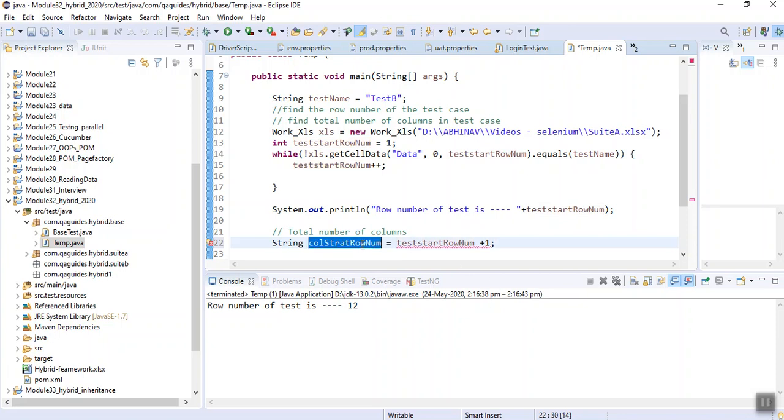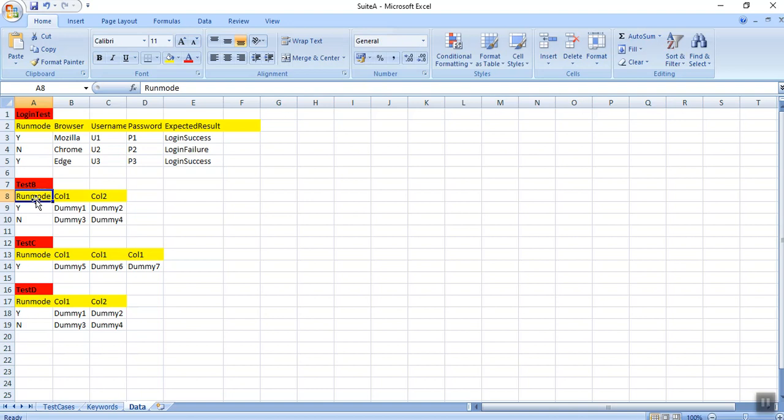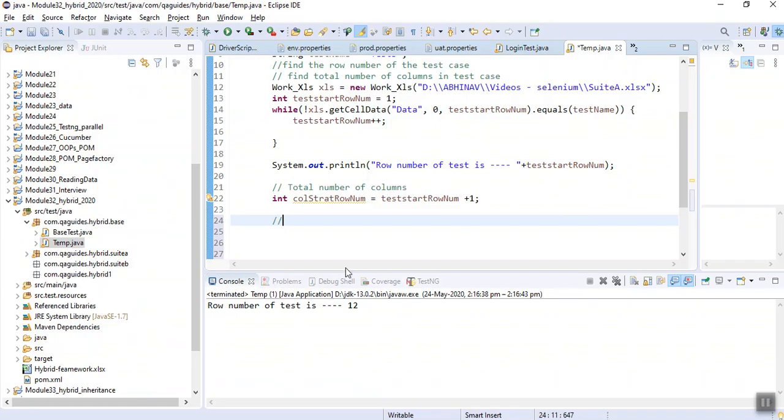Oh, why is it showing me this? Oh, sorry, it will be int. Fine. So now we got the column. Column is starting from here. Now we have to go there and iterate till we get a blank column. We will iterate till we get a blank column.